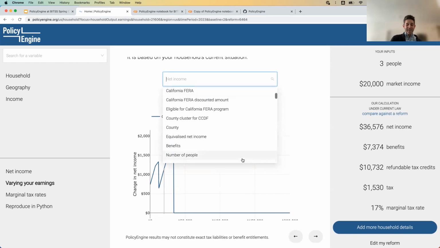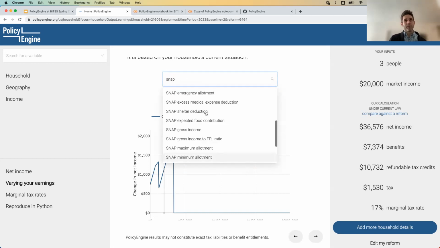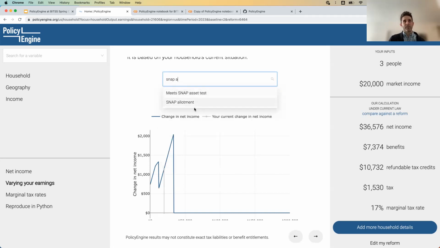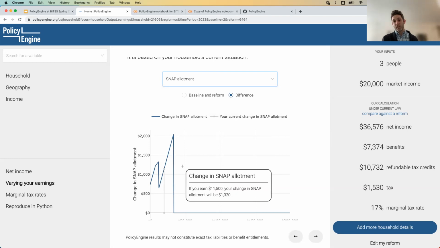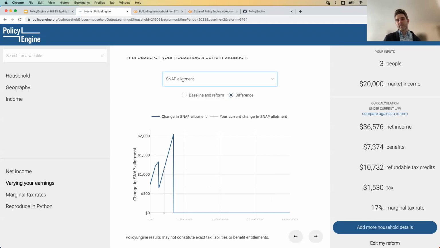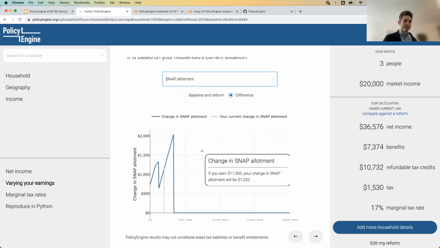This is not the same, and we'll see this in the code in a minute. Actually, sorry, it is the same as a SNAP allotment difference. But sometimes you see these charts and it's not just the policy you changed, because there's some downstream other policy that is responding to that. So if we were changing the TANF, for example, changes to the TANF would not be the same as changes to the net income, because SNAP would fill in some of that gap.